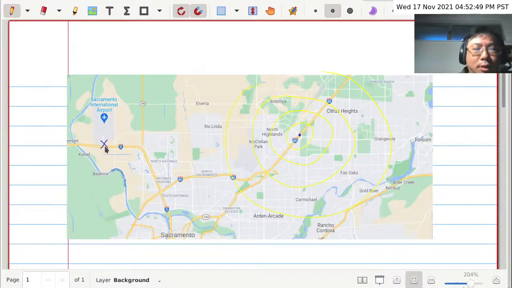So I'm going to try to use my mouse pointer to point, because my stylus doesn't really have a visible pointer. So we start from here, and then we just keep expanding in a concentric way. Now, it's not exactly concentric, but conceptually it is sort of like concentric. It expands in all directions until we get to the destination. And you can probably see in this particular way, if I keep expanding, it's going to be getting to probably